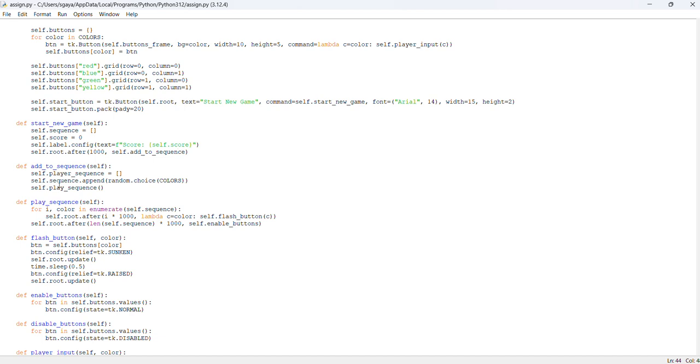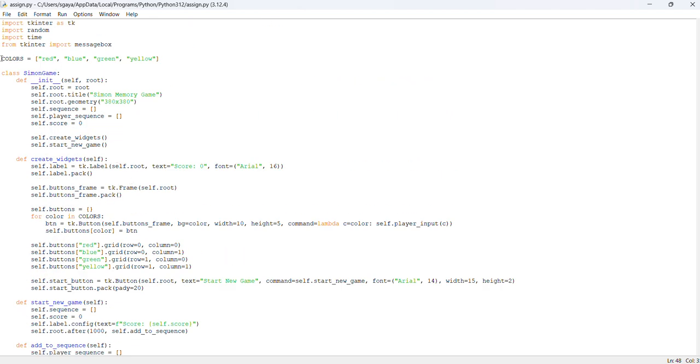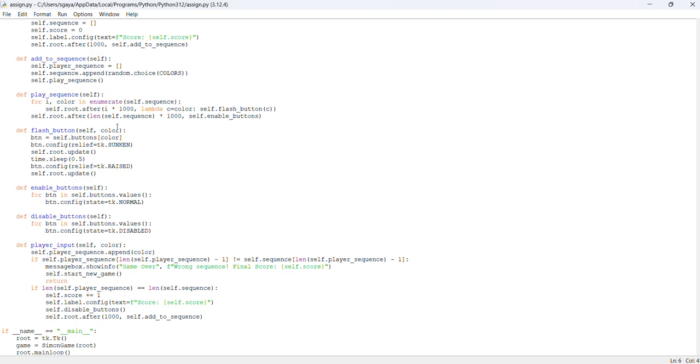Here, every time this is called, a new color is appended to the array, and it is done with the help of random. Any one color from this array is selected randomly and placed inside the array. Once we call play sequence, what happens is